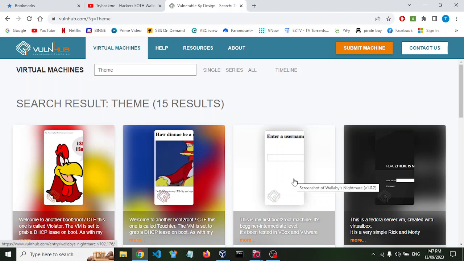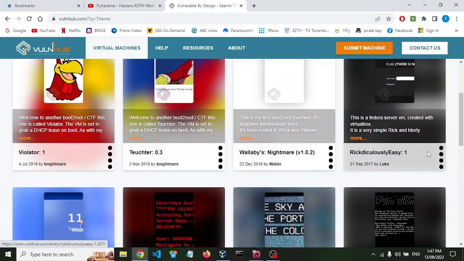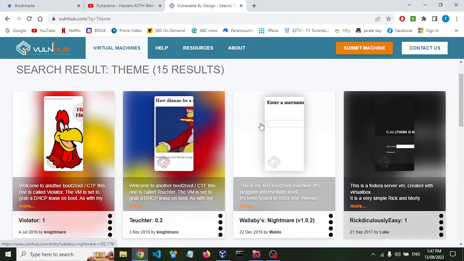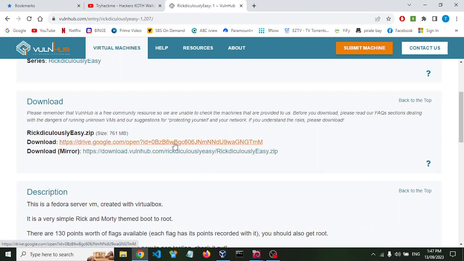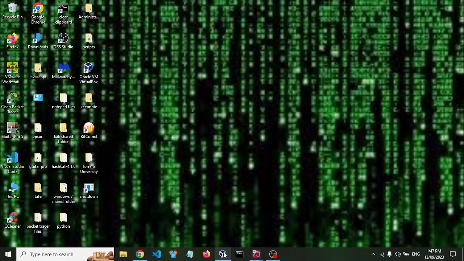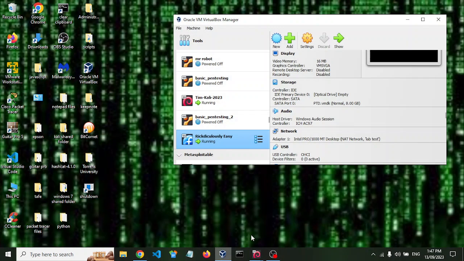Hey, today I'm going to be hacking the Ridiculously Easy one from Vulnhub. So you just go to the Vulnhub website, vulnhub.com, click on the Ridiculously Easy and just download this link. And then once you've done that, you open your VirtualBox, if you're